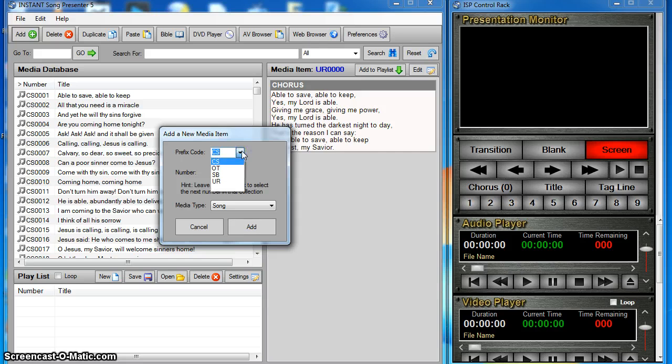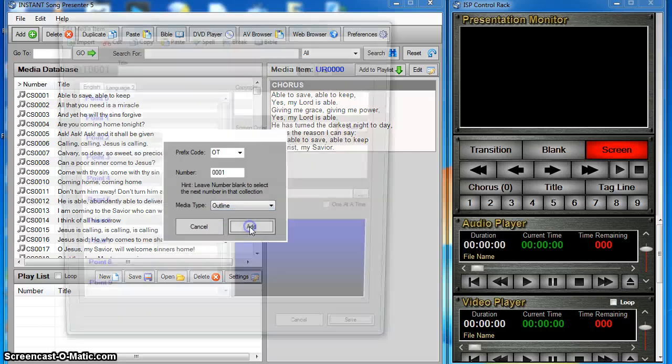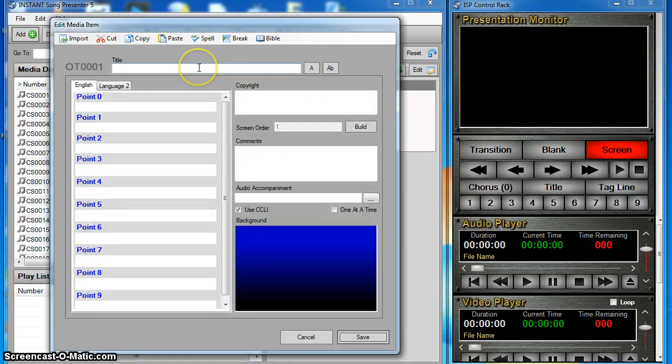can choose a prefix code. In this case, I've already used OT for outlines in the past, so I'm going to go ahead and skip through that. Go to the next number. If I skip through this field, it'll just give me the next number in the OT series. And in this case, it's going to be an outline, so we'll drop that down and we'll add this to our media database. And of course, I can start by giving this a title, call it my first outline,